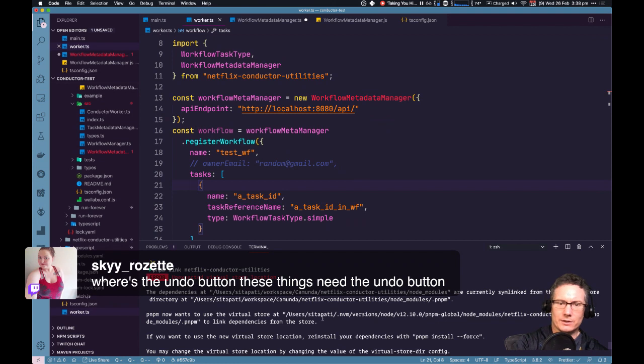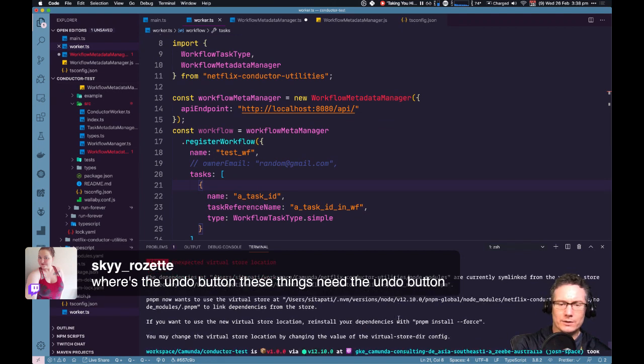Okay, let's try brute forcing it then. Let's read the error message. The dependencies at... Okay, so Netflix Conductor Utilities, that's the other package, are currently symlinked from the virtual store directory inside its own thing. pnpm now wants to use the virtual store at... Okay, to link dependencies from the store.